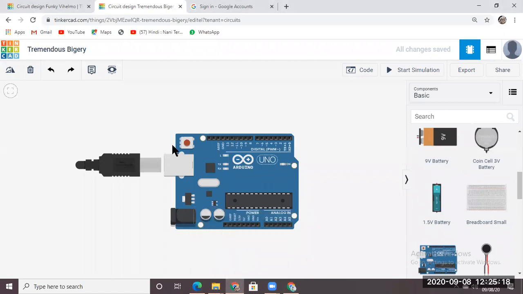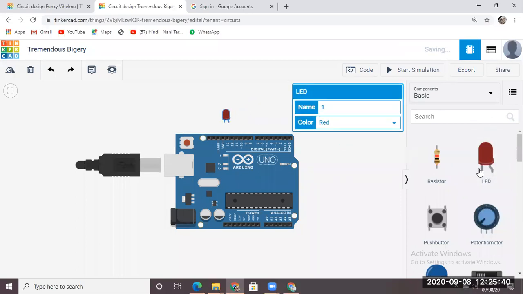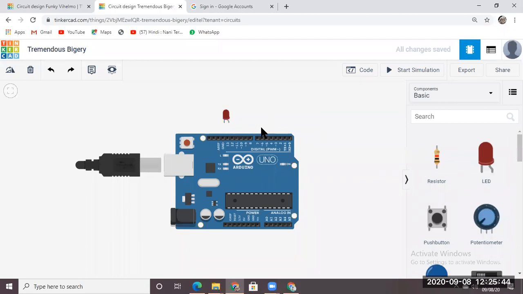Okay, let's start the programming. This Arduino board will basically control the devices like sensors or any output device connected to it. Our first program will be to blink and turn on an LED connected to it. So let's connect an LED to it. From the component list, choose an LED, select it, and then click on the screen. Do it like this.